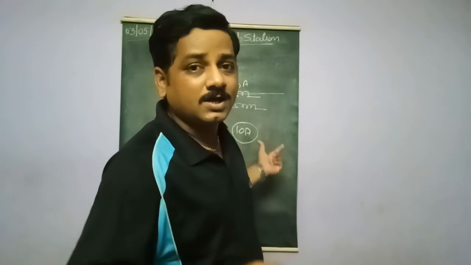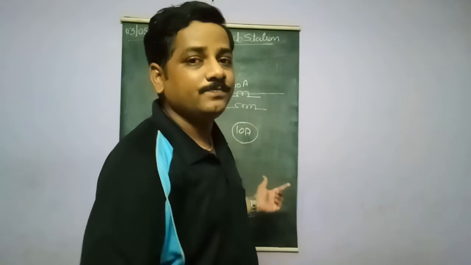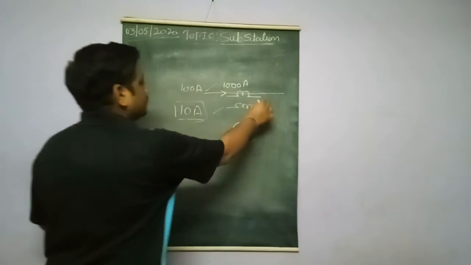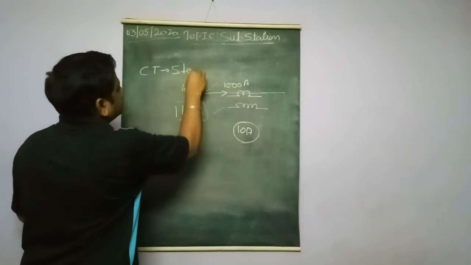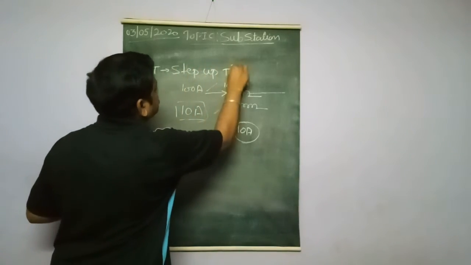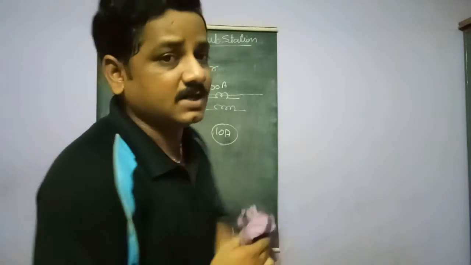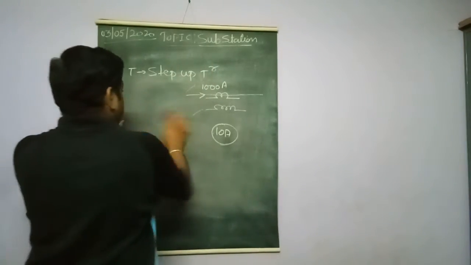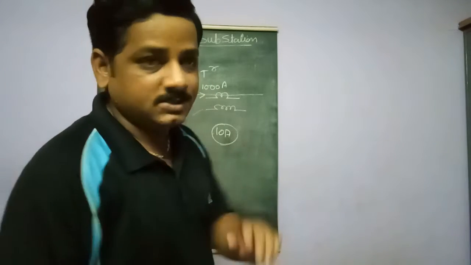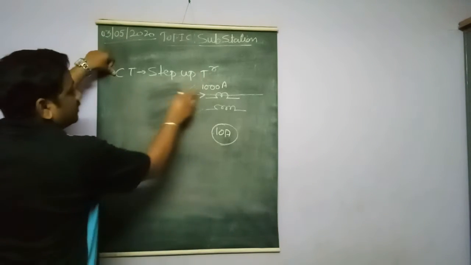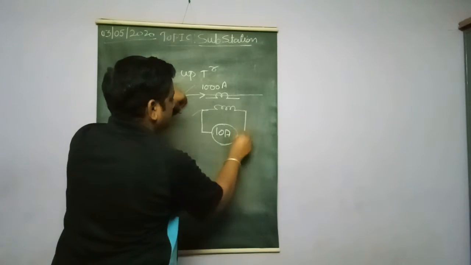If current is reduced, what happens in the transformer? The voltage will be increased. So the current transformer is generally a step up transformer. It's a step up transformer, so that the voltage will be increased, but the current is going to be reduced, so that finally the power remains constant. Voltage increases, but current gets reduced. And this secondary is connected to the small ammeter.